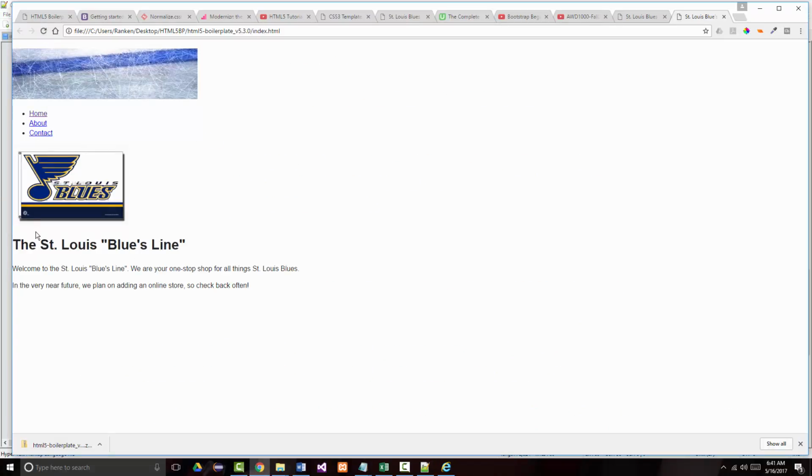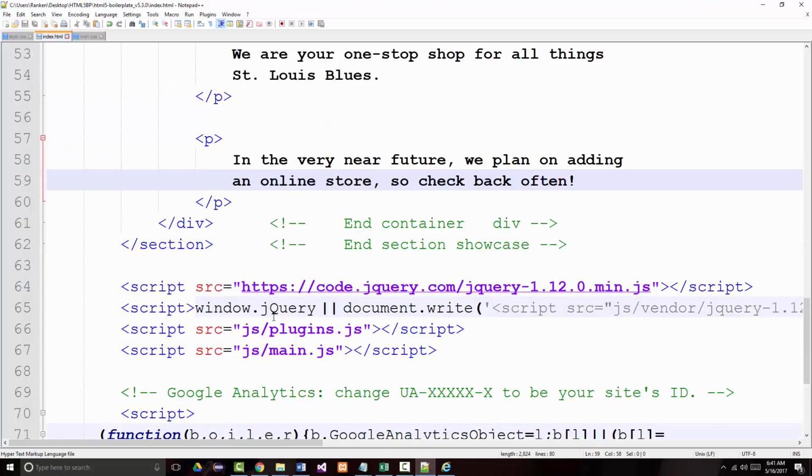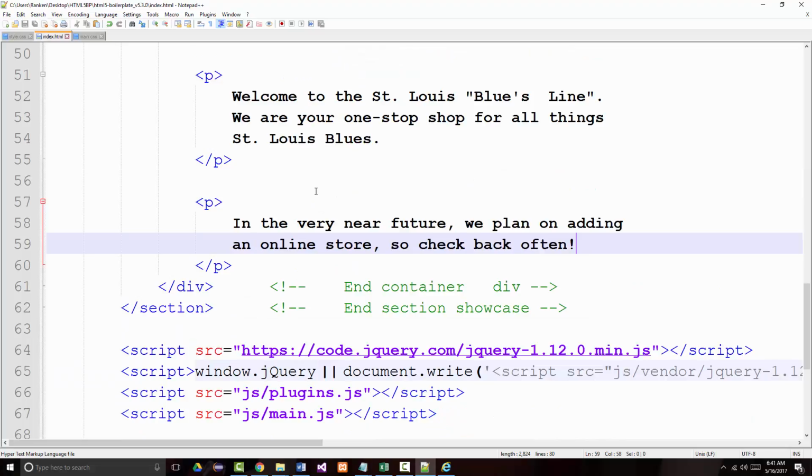A couple paragraphs. And we're about halfway done with our home page. Doesn't look like it, but we are. You'll have to take my word for it. Okay, so, all right, let's keep going. And it's time for another section. So what we just did in the very near future, etc.,